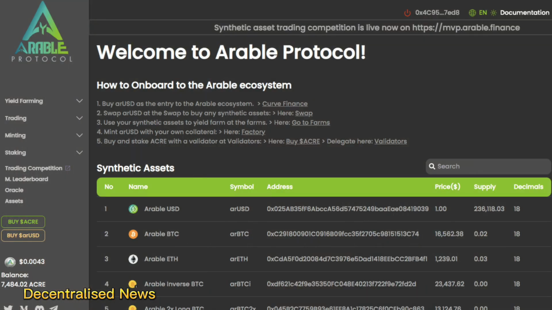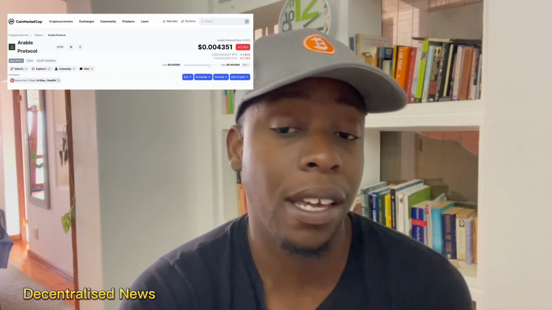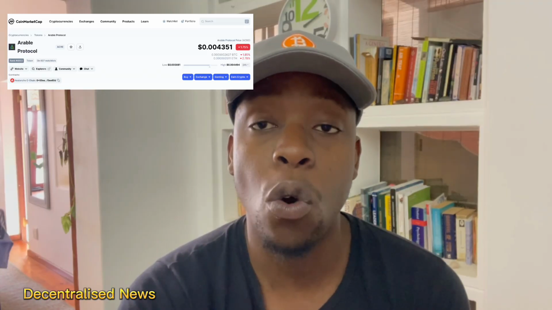So another way you can check your balance of your tokens as well is to go back to your MetaMask. You'll have to import the ACRE token contract, which you can find on CoinMarketCap, for example. Or you can go to their main site. You should be able to get that, and you can then manually paste that contract address into your MetaMask. Simply add that token. You should be able to view your balance there as well.